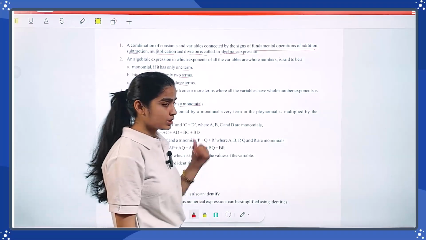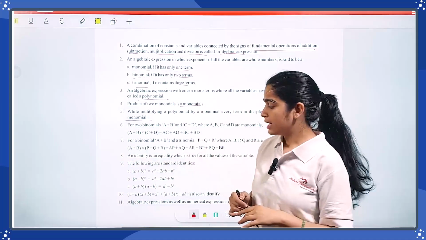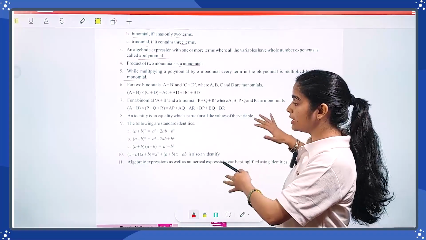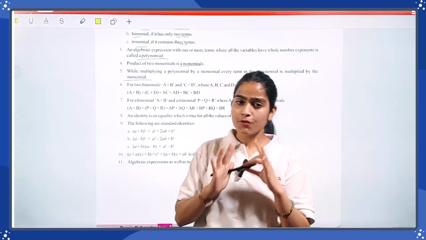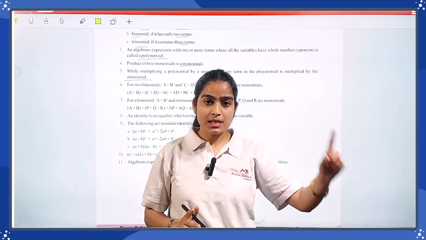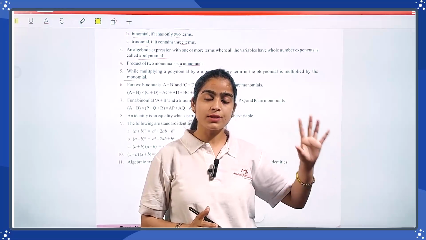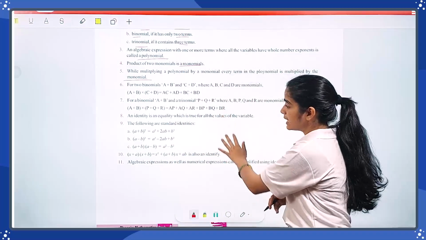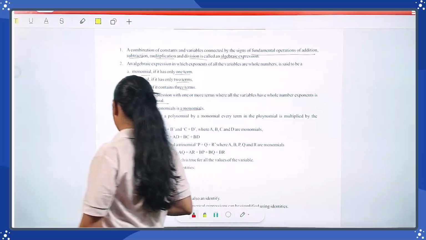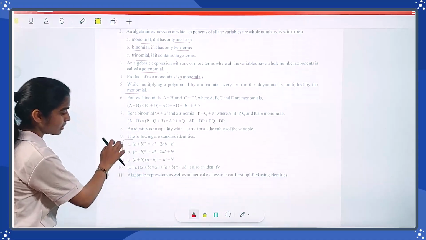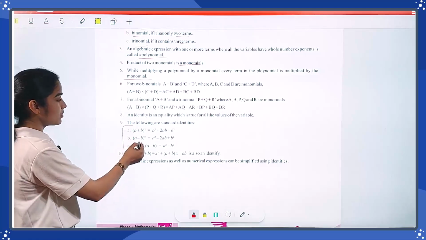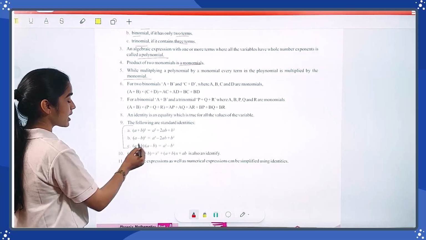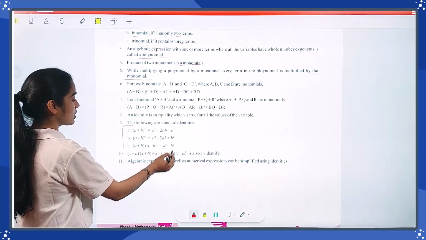So students, these concepts I already explained to you in your previous section, right? Here we have a compilation of the concepts we have read till now. If you have any doubt, first go through your concepts, clarify those, then solve examples, then come back to your exercise. If you need some extra help, you can take help from these identities, which I already explained in the 6.5 exercise. We are using these to solve our questions. (a + b) whole square is a square plus 2ab plus b square. (a - b) square is a square minus 2ab plus b square. (a + b)(a - b) is a square minus b square.